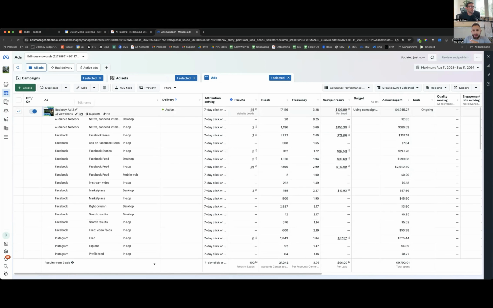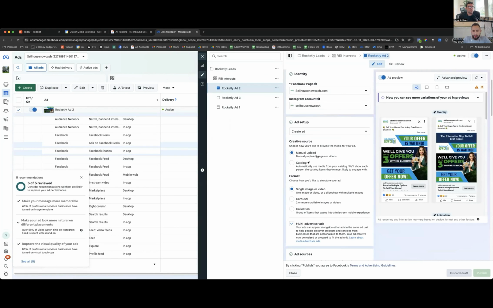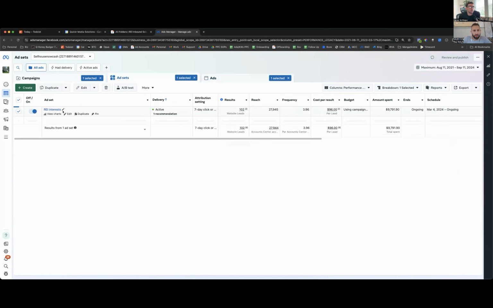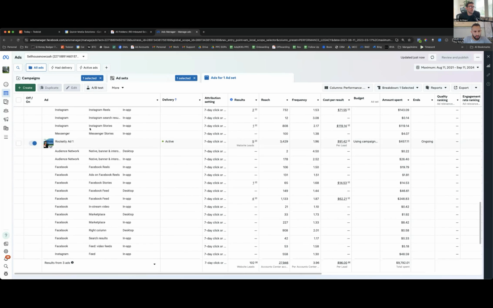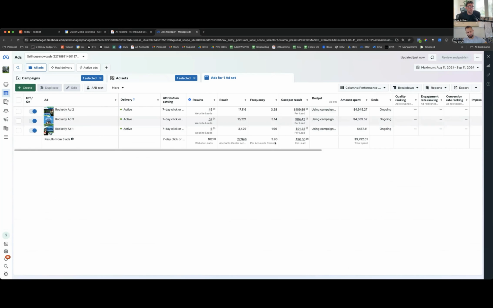And I just want to make sure real quick, are these videos or not? I think they're just images, right? The way you got there is you clicked on the ad, and then on the top right you just went to placement. So what I did, we have this ad set selected. Then, oh, you went to ad level. Okay. Yeah, just at the ad level, you just go to breakdown. I'll just clear it. Click on placement. So it looks like this. You go to breakdown, and then you can literally look at,